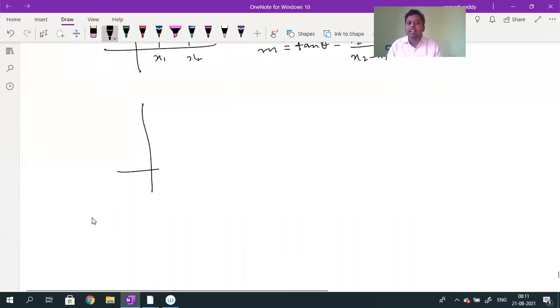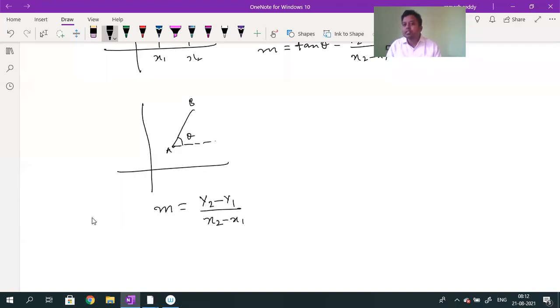Now this is a straight line given, the straight line name is EB. They asked to calculate the slope. Slope means first, tan of the angle made by the straight line with the horizontal. What is the general definition for the slope? m is equal to change in y coordinate, that is y2 minus y1, by change in x coordinate, given by x2 minus x1. You will come to know when the slope is negative.